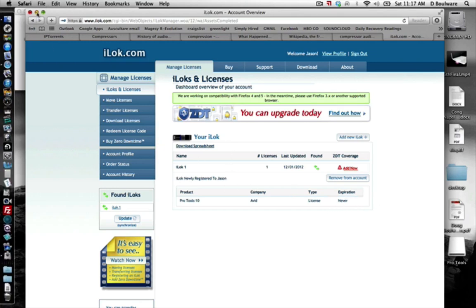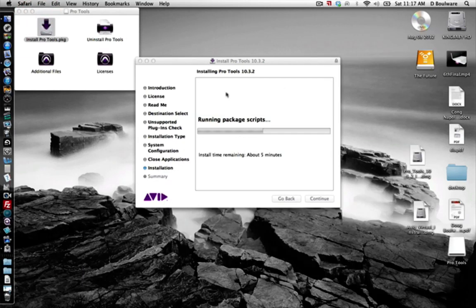So let's take a look at what's going on with the install. We're still running package scripts. Once this is finished installing, I'm going to install the other thing that we downloaded, which is the Avid Virtual Instruments. The two together are what makes up Pro Tools. The Avid Virtual Instruments gives you the opportunity to put